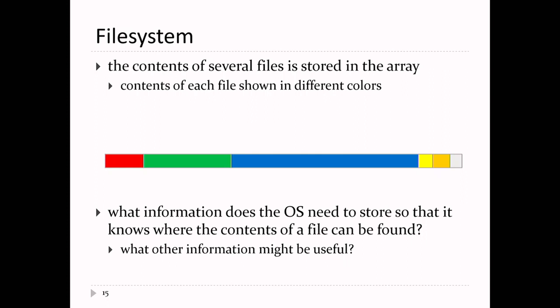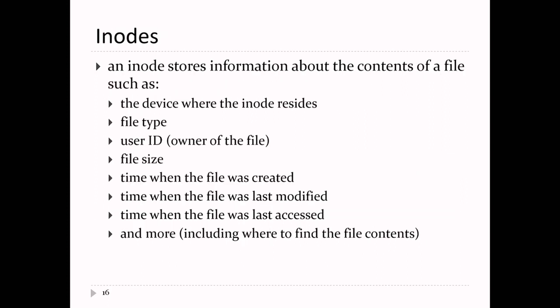So all this information might be stored by your operating system, because all this stuff is useful to users. At a minimum, though, you need to know where the file starts and where it ends. So not surprisingly, there's a data structure that stores all this information. The data structure is called an inode in Unix. On Mac, it's the same thing because Mac is a Unix derivative. Windows is different. But on a Unix system, the data structure that stores information about files is called an